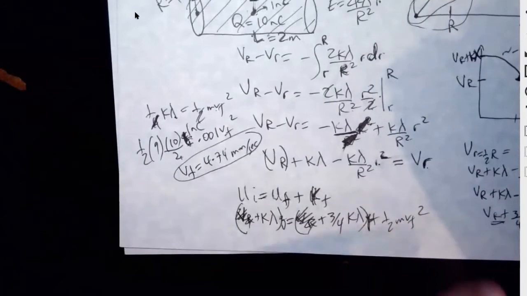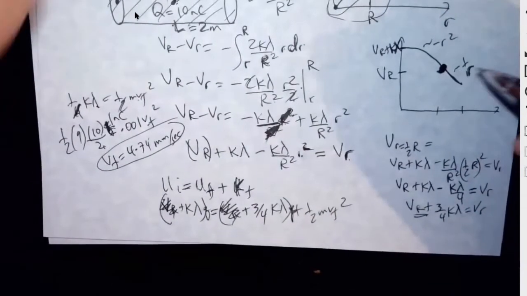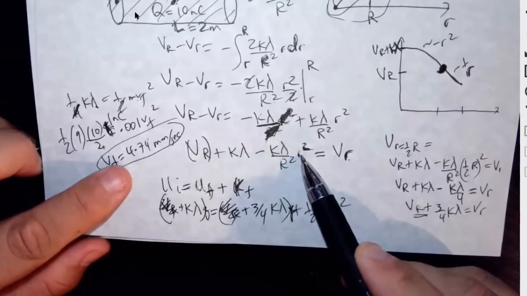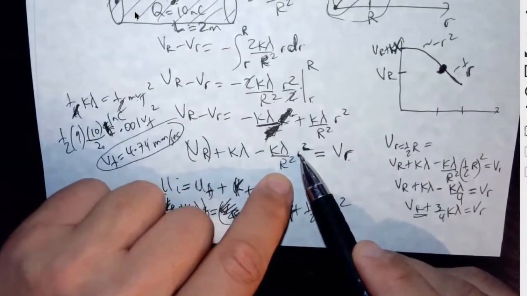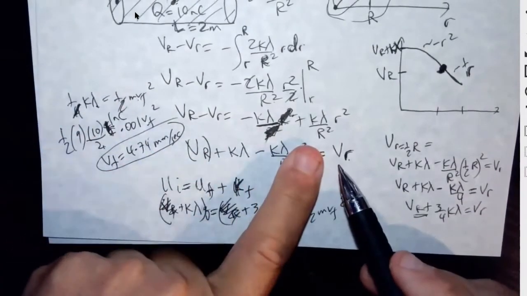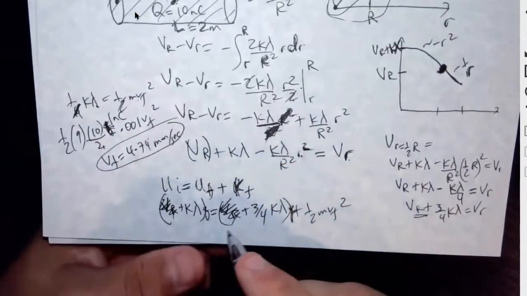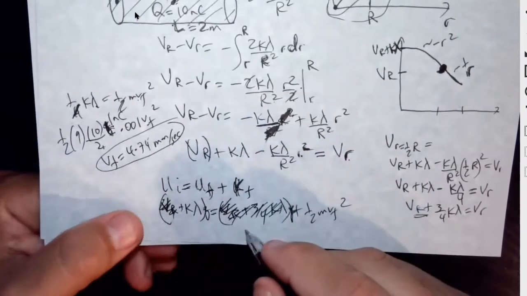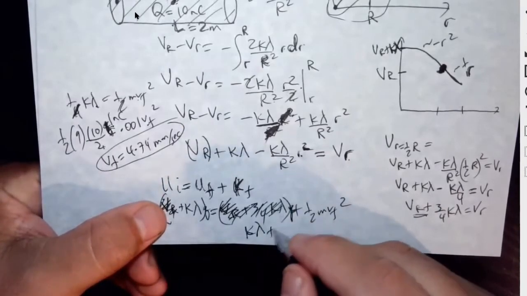Let's see, if we go to the surface, we never did the surface for the sphere, huh? If we go all the way to the surface, we put what? R is equal to big R. I think up to the surface should be the same. If we put R equal to big R, that's going to cancel. So then the final potential energy is going to be, U initial is going to be K lambda plus V sub R,